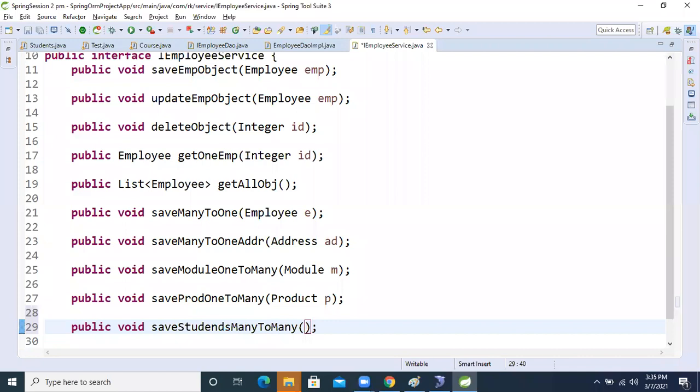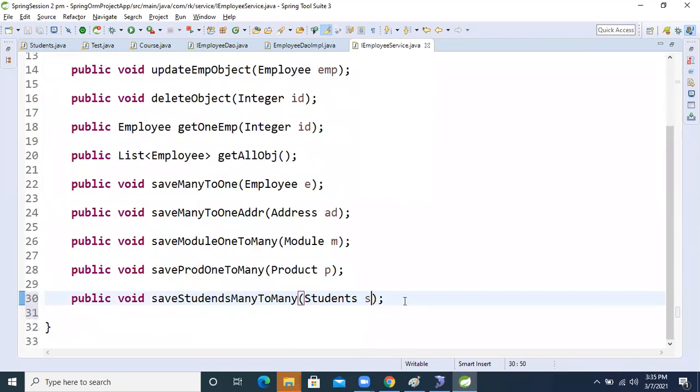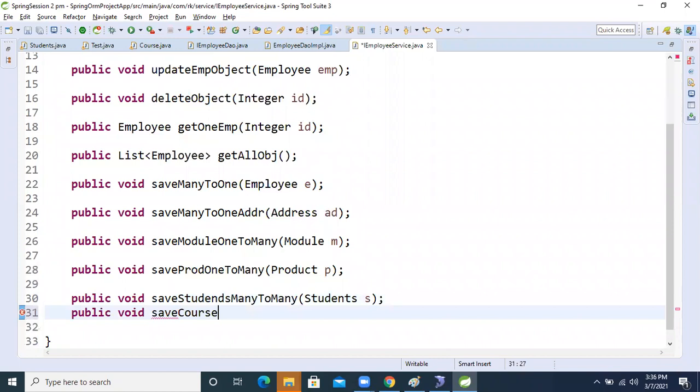So here, student argument we will pass as s, I'm just taking it as a name only. One more method we will generate: public void save, course, with the course argument we will take c.